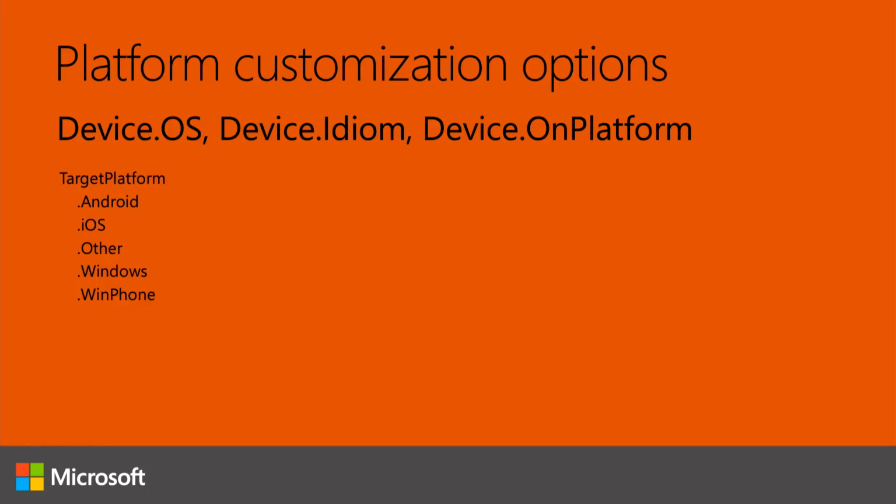Device.os is an enumeration that gives us these values, and I'm still intrigued to see what would cause that to return other. But that'll tell us what platform we're on. If we query device.idiom, it tells us what type of device we're on, phone, tablet, or desktop. And then device.onPlatform